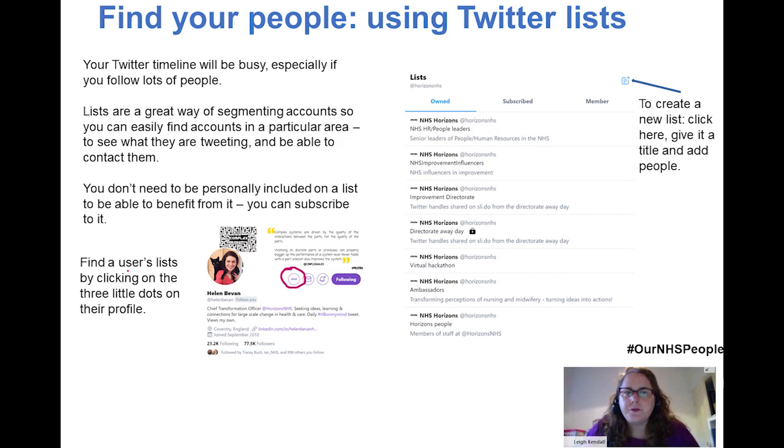So in order to build those connections, we need to find our people. Once we follow lots of people on Twitter, it can seem a bit overwhelming. You think, oh my goodness, where on earth do I start? A good way of finding your people on Twitter is by using lists. Lists are a way of segmenting people. So you might have HR directors, or people who work in the Northeast, or nurse directors, or chief medical officers,